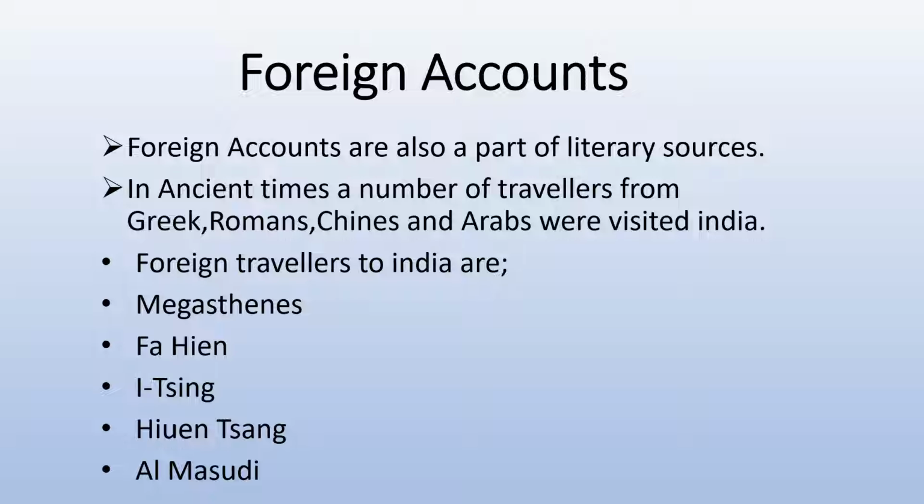Foreign accounts. Foreign accounts are also a part of literary sources. In ancient times, a number of travelers, Greeks, Romans, Chinese, and Arabs, visited India. These travelers left numerous accounts of the incidents they had observed. Foreign travelers to India are Megasthenes, Fahien, Itsing, Hiuen Tsang, Al-Masudi, Al-Biruni, Marco Polo, Niccolo di Conti, Ibn Battuta, and Duarte